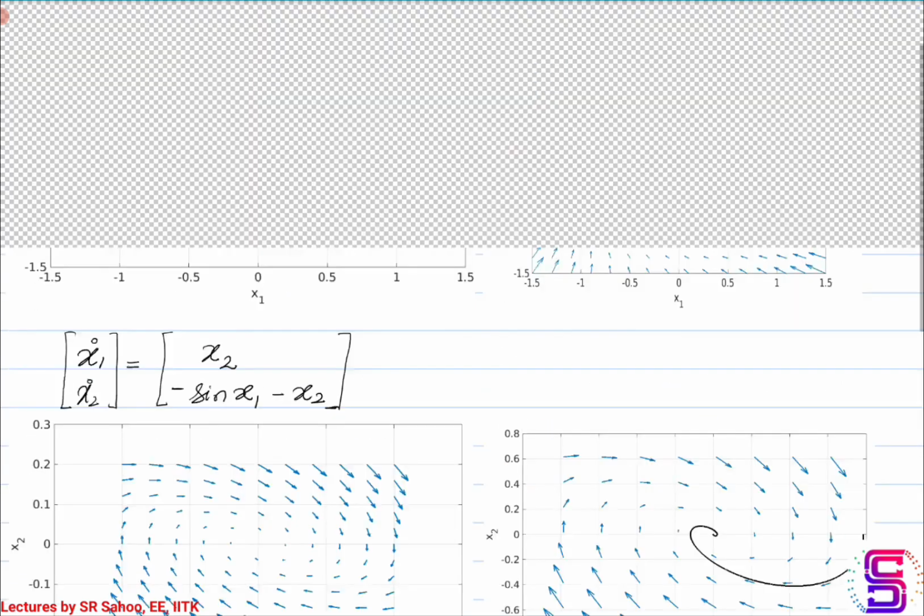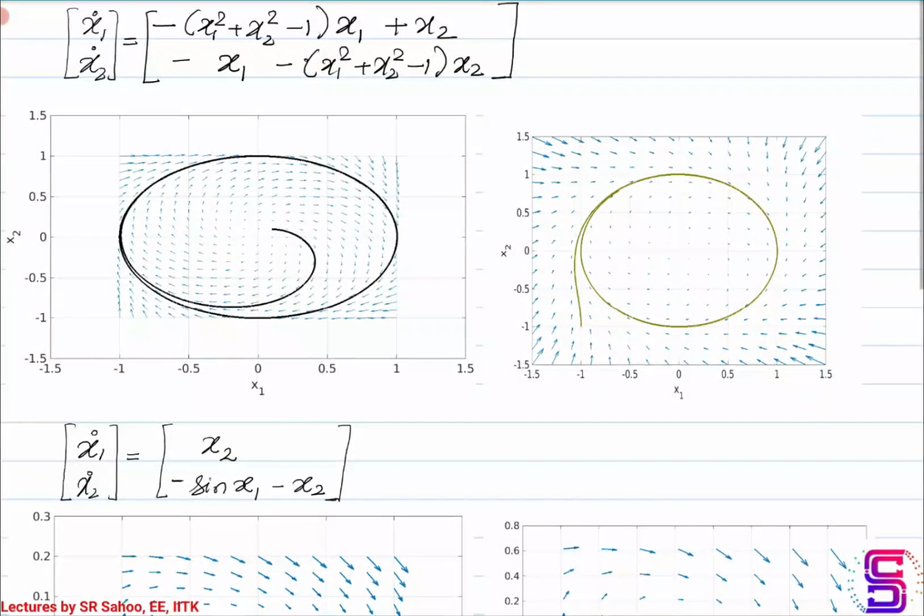So now let us see some examples for nonlinear systems which are two dimensional. Here I have a nonlinear system where x is equal to x1 and x2. This is a real system that we have in hand, and f(x) is described as given in the right hand side of the state equation.